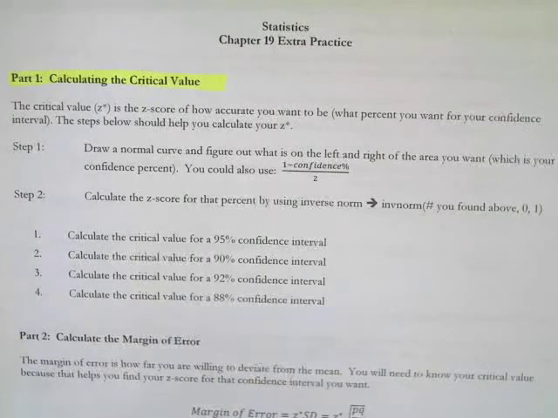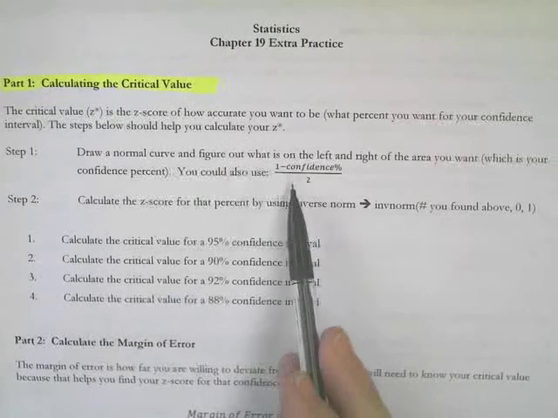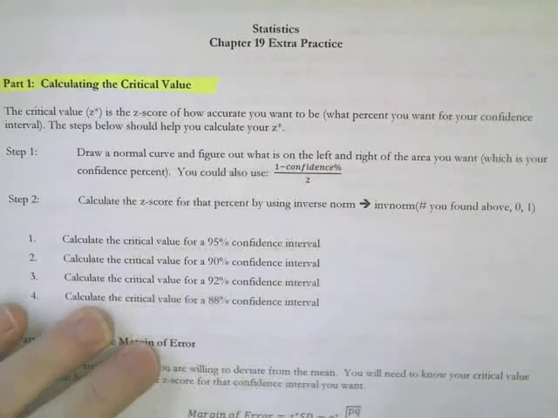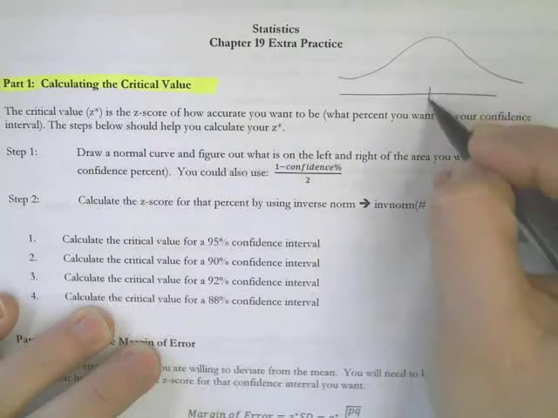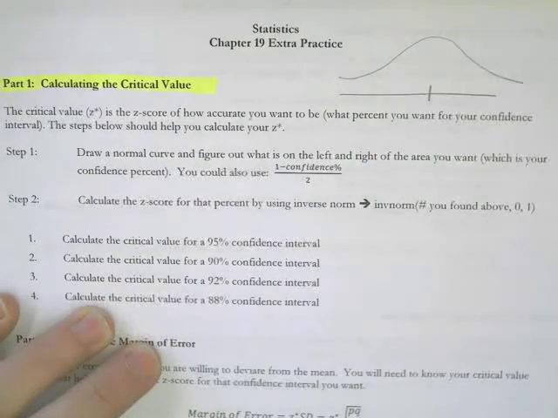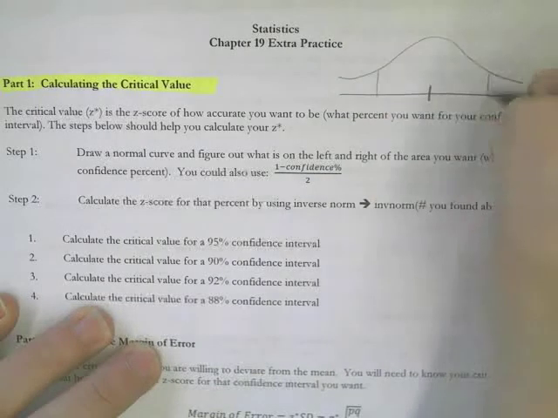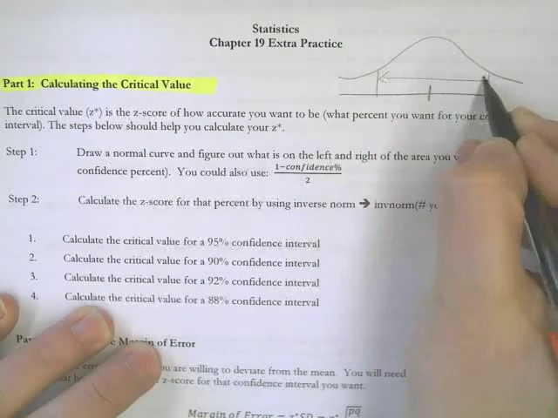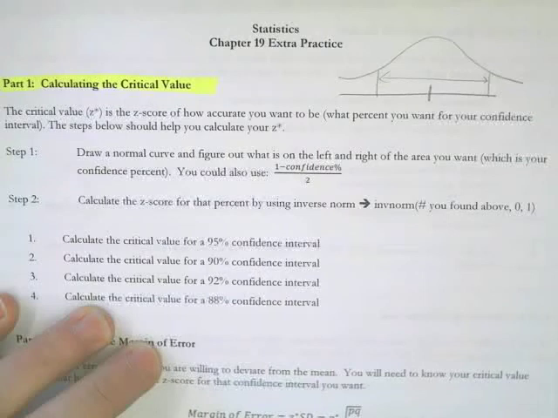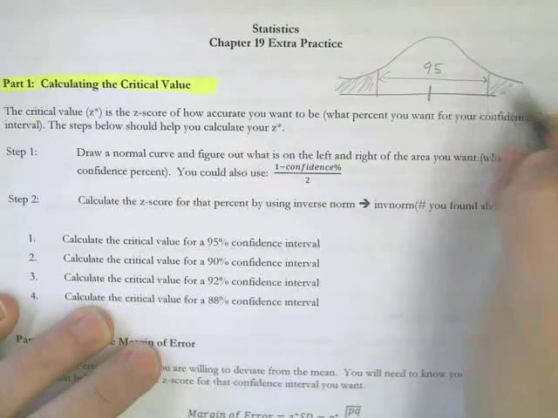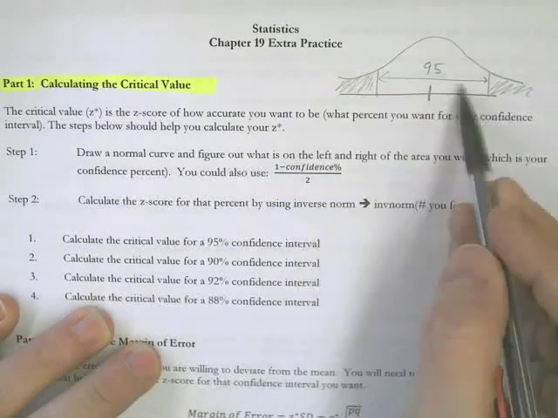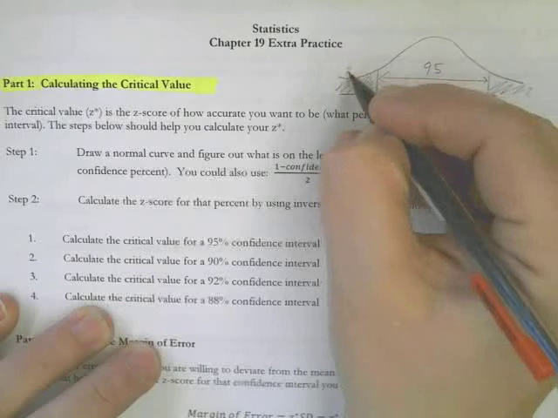So the first thing we need to do, and after you do this a couple times it kind of makes sense, but essentially what happens is we have our normal curve, right, our mean's in the middle, and depending on how accurate we want to be, that's how much space is in between, right? And so if I want a 95% accuracy here, that means I have 5% left over on the left and the right, so it would be 2.5% and 2.5%,